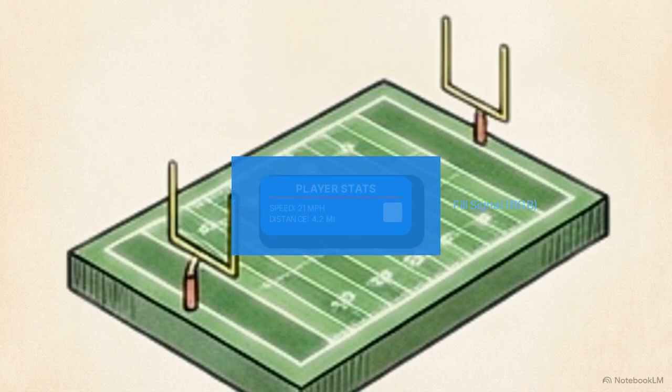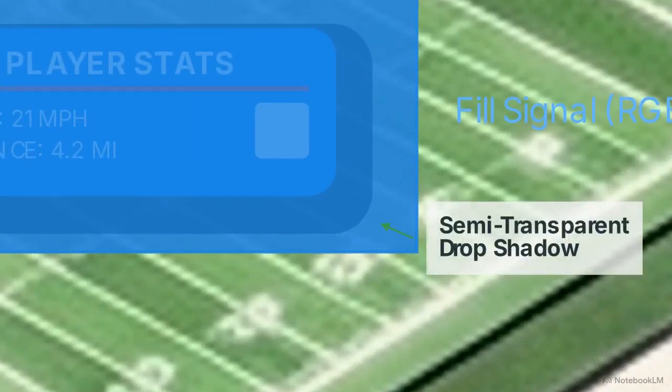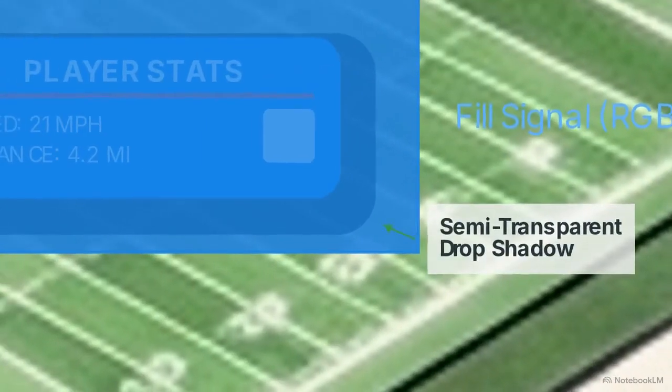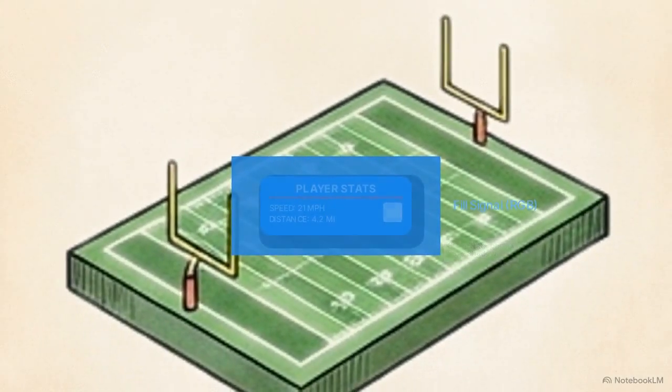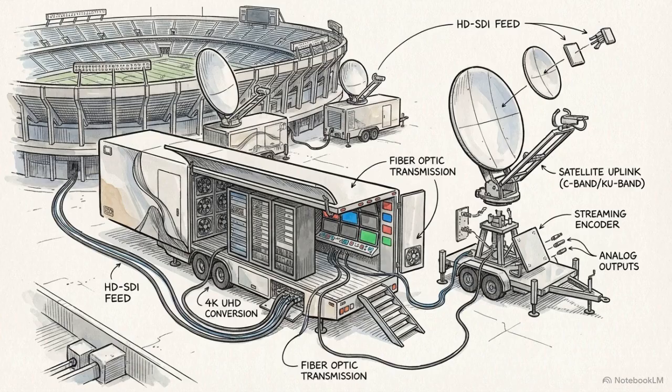Grayscale values between black and white dictate varying levels of semi-transparency. This allows for sophisticated visual overlays, such as soft drop shadows and translucent glass textures, to be rendered over the live field. Because major sports are global commercial properties, the OB van simultaneously fabricates different variations of the finalized video